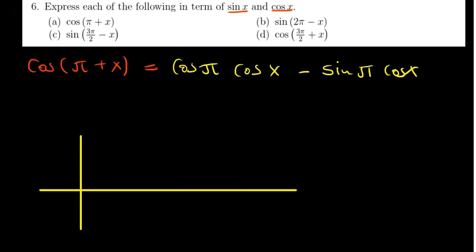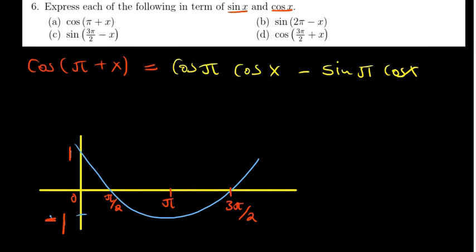I know the graph starts from 1, and this is a negative 1, a 1 and a 0. It starts at 0, then you have pi over 2, which is 90, then pi, which is 180, then 3 pi over 2, which is 270, and then 2 pi. So at pi, cosine pi is negative 1, so you have negative 1 multiplied by cosine of x